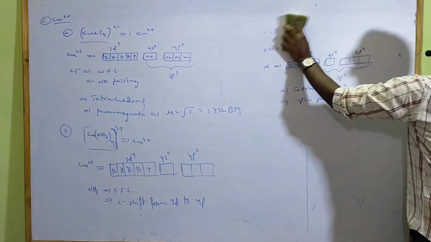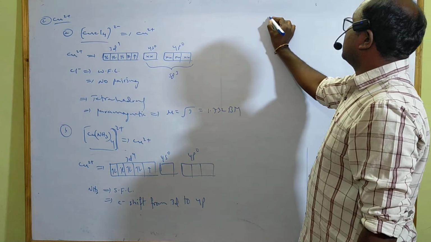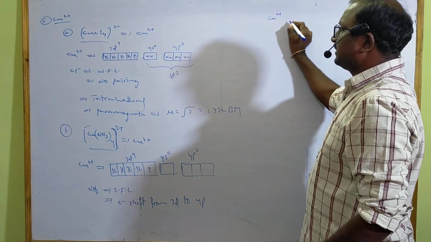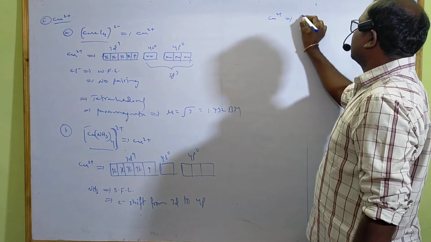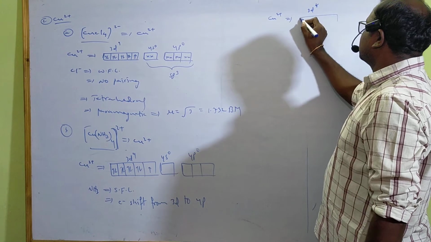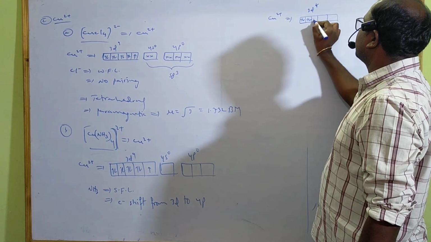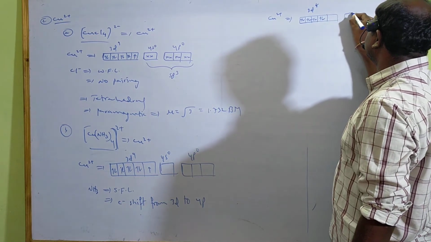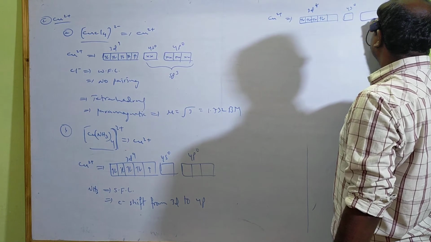Nickel completed now. So I will write here. How the shifting takes place means, in Cu2+, that type of shifting is not there here, because Cl minus is a weak field ligand. 3d8 it becomes: 1 2 3 4 5 pair, empty d orbital, 4s is 0, and 4p1